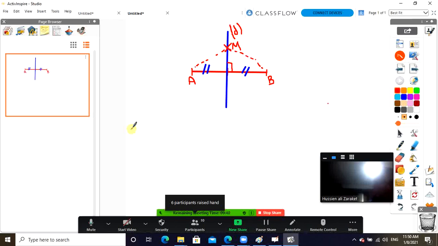We start by saying M belongs to D, then every point on the perpendicular bisector of a segment is equidistant from both extremities of this segment. Very good. Excellent. This is exercise 3. Let's move to exercise